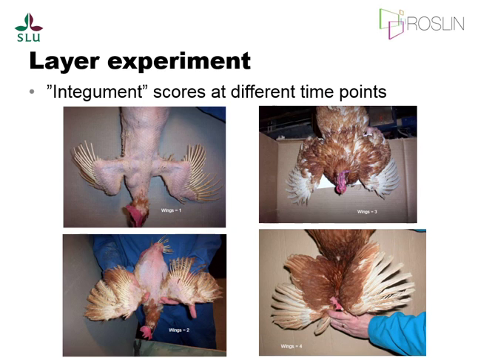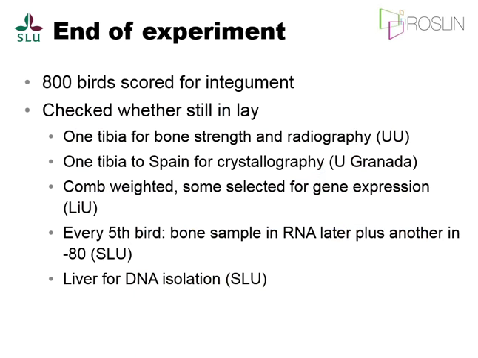So a little bit about body condition scoring, as you may call it, or integument scores. Chickens can lose their feathers or they can be feather pecked. So feather scoring systems have been developed for chickens, and that's what you see here, going from a score of 1, which is really not very well covered, to a score of 4. And if you go into a laying hen stable, you see all these different categories. So it is very variable.